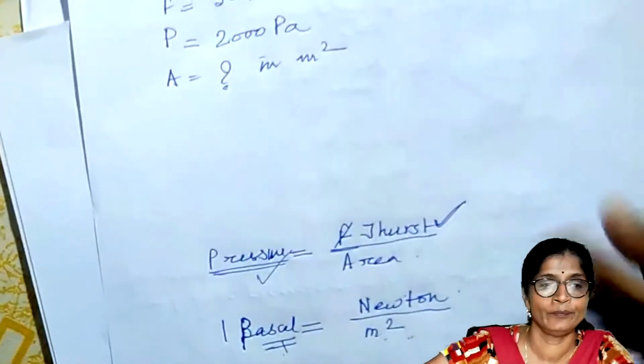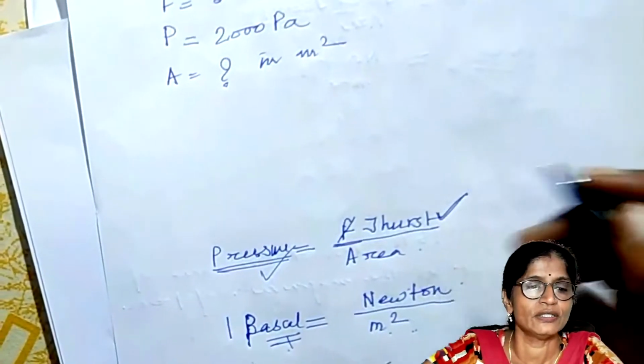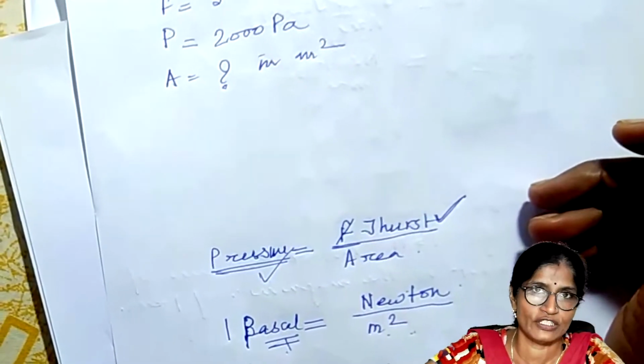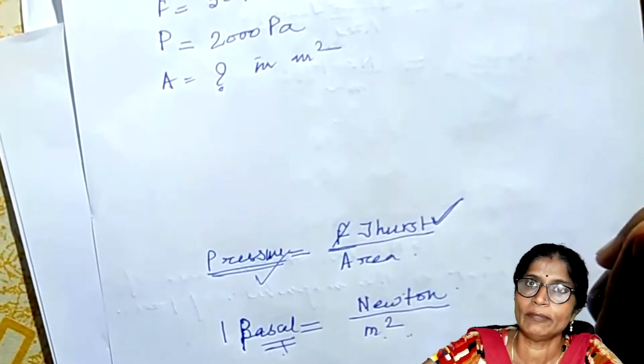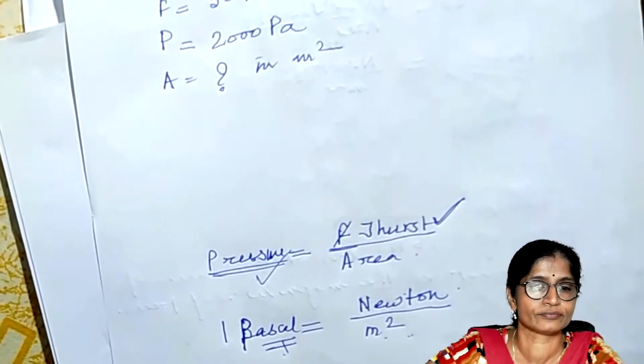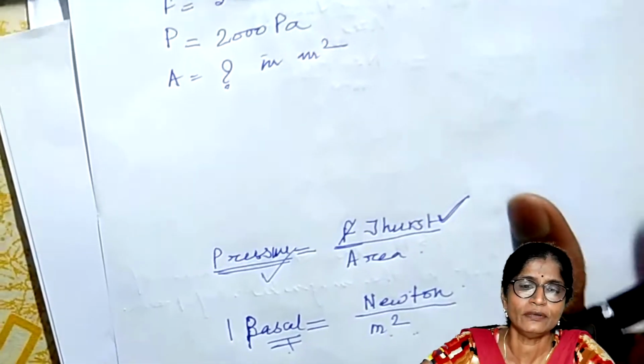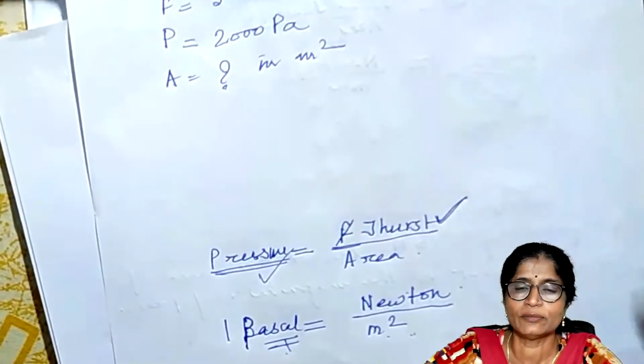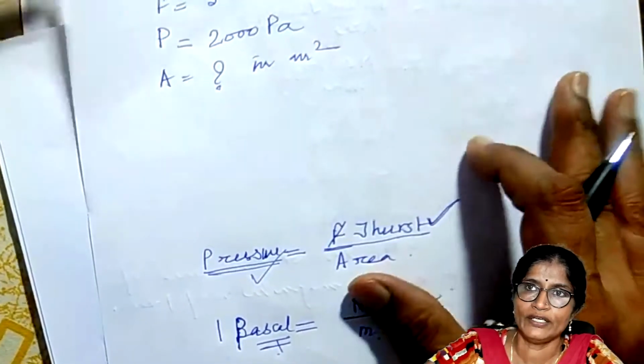And the factors which affect the pressure are the area of the surface on which the thrust acts, and second, the magnitude of the thrust acting on the surface. Now, for example, again I am giving you more examples. Suppose you have a brick. When you keep one brick